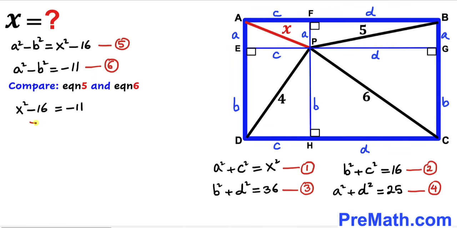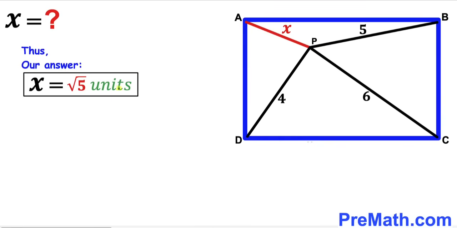Here I'm going to add 16 on both sides. We can see this positive 16 and negative 16 is gone. So x square turns out to be equal to positive 5. Now we are going to undo this square by taking the square root on both sides. Here we can see this square and square root is gone. So our x value turns out to be square root of 5